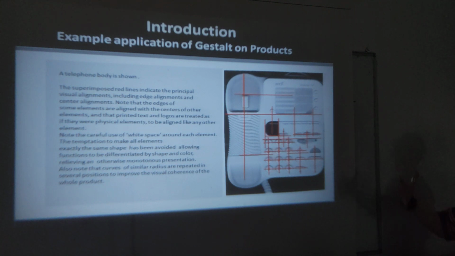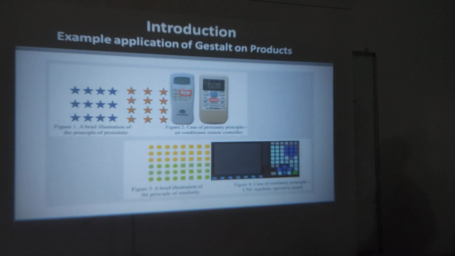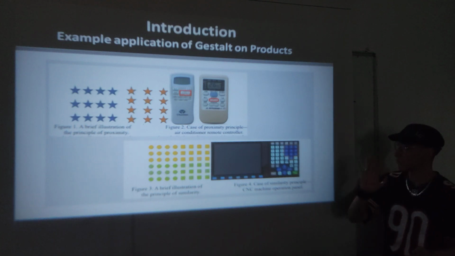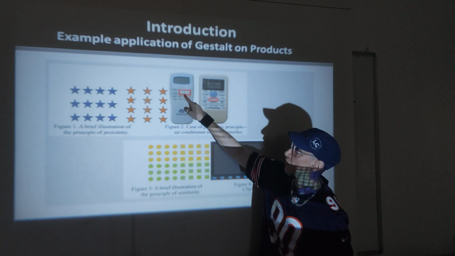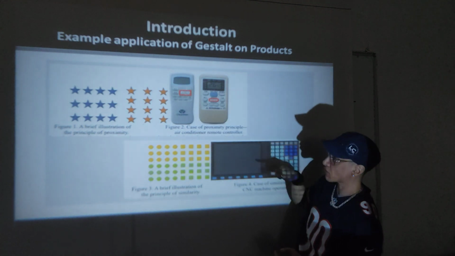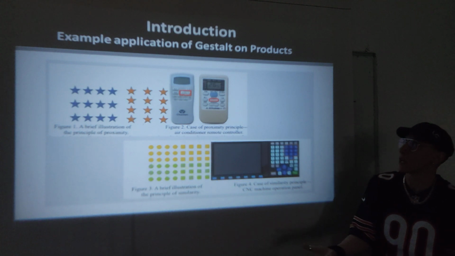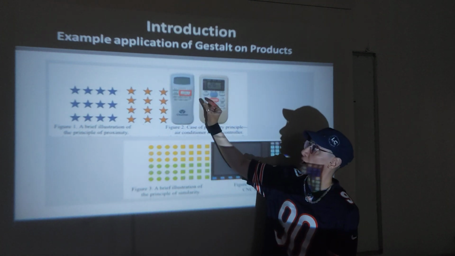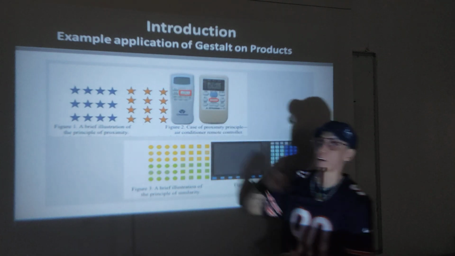So a design is always a combination of elements and of principles in the end. Here are more examples. It's not very clear from where you are, but in this product we see a triangle up and a triangle down. We see this as a group because they are close to each other, the same shape, and very different from the other